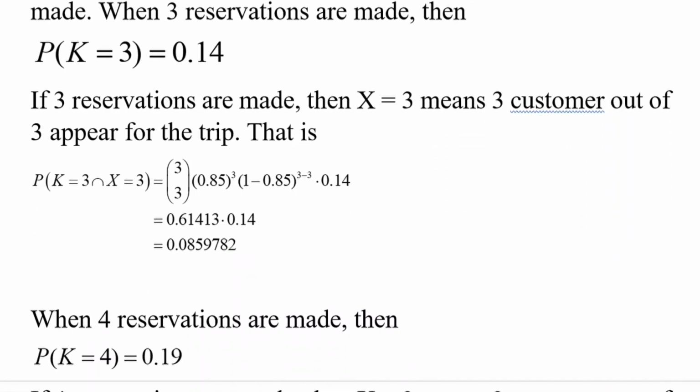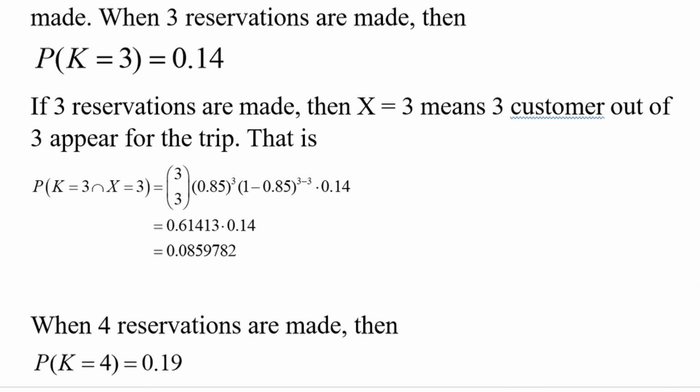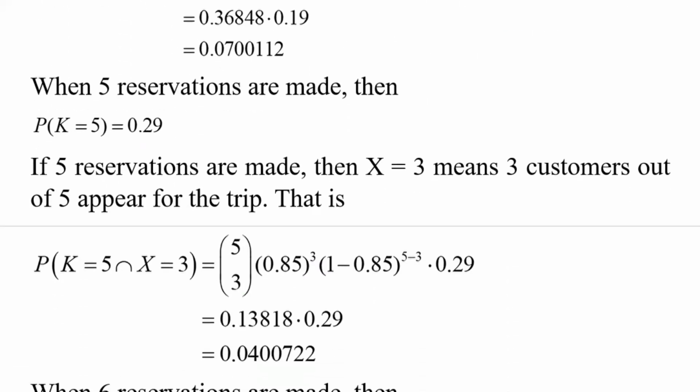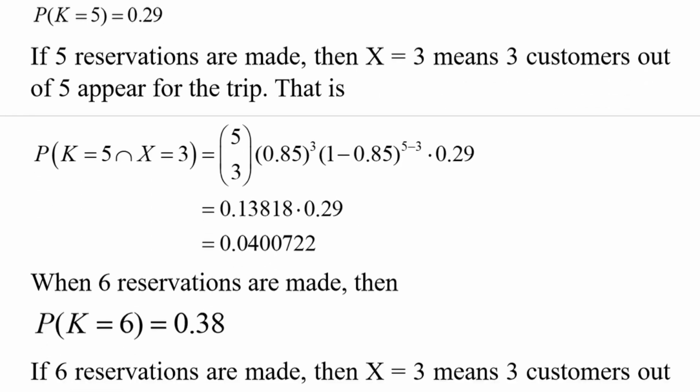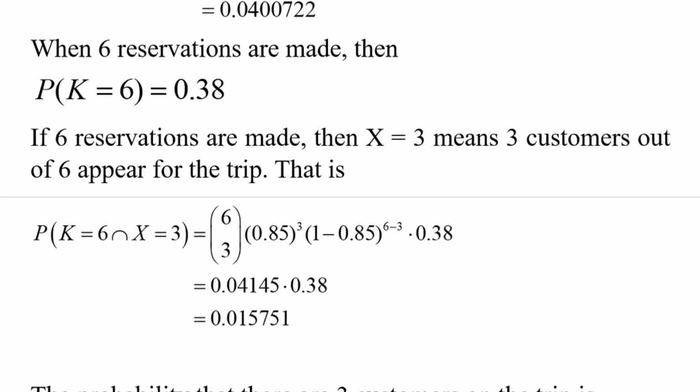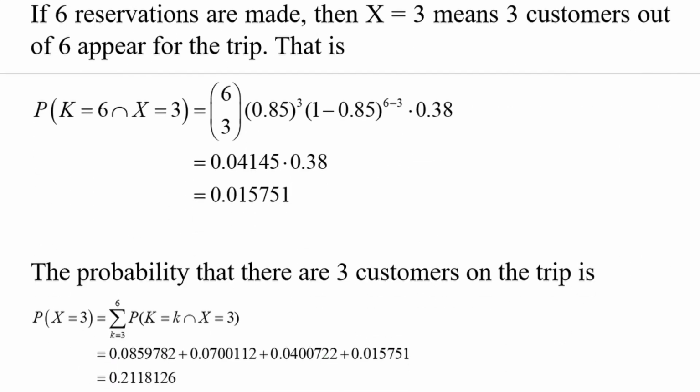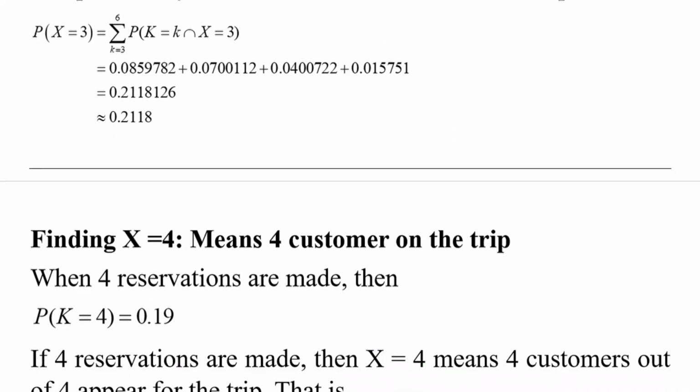It is the same as we did for x is equal to 0, 1 and 2. The probability that there are 3 customers on the trip is,